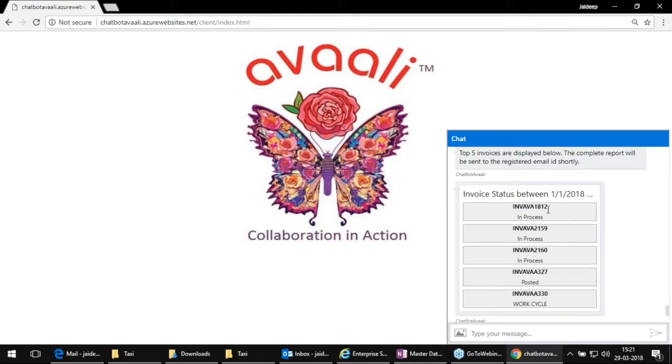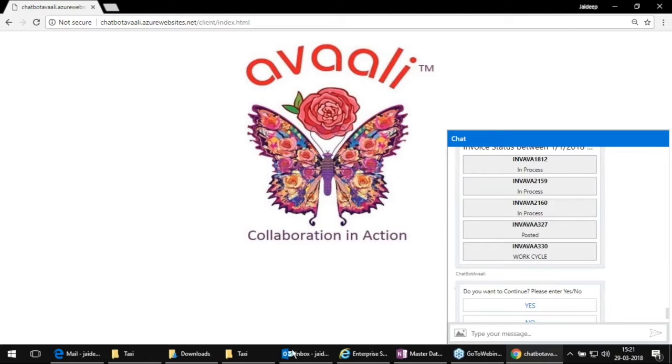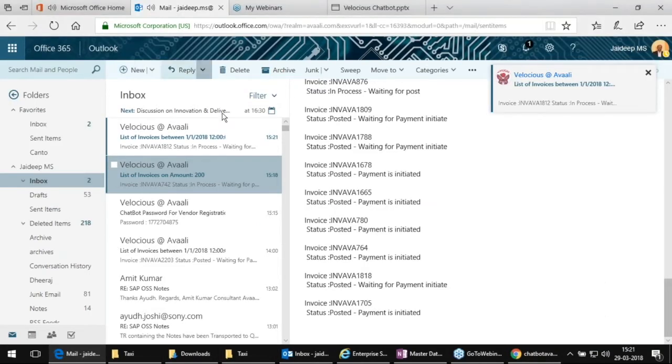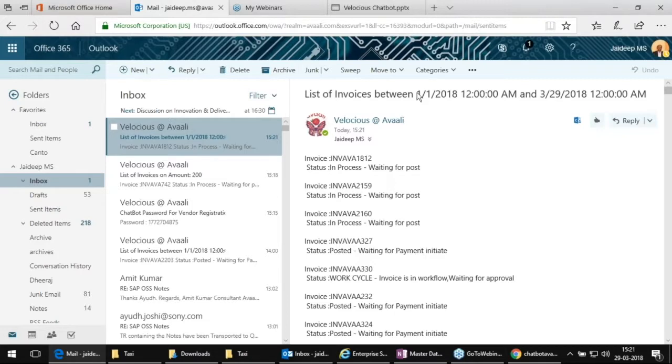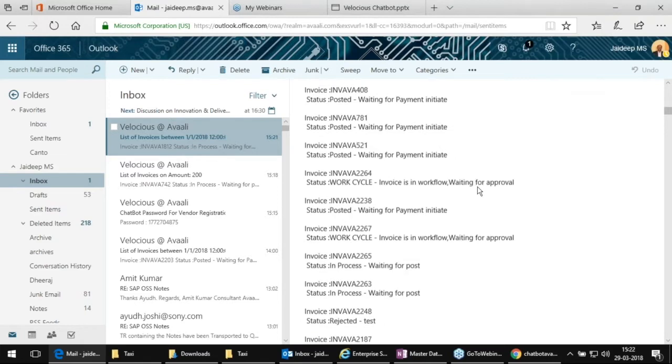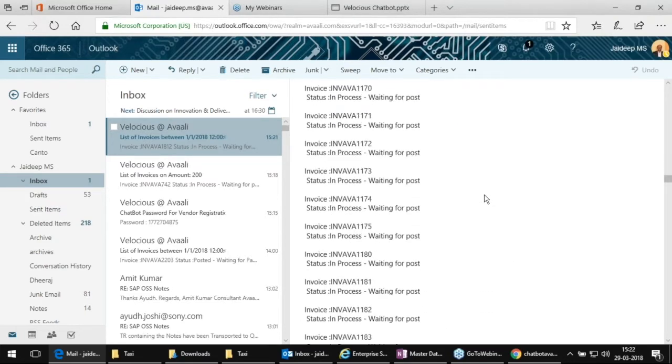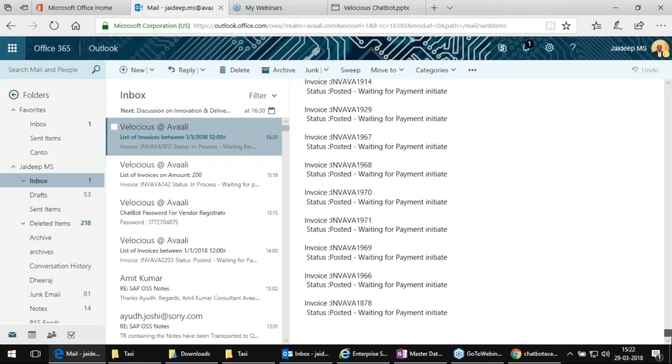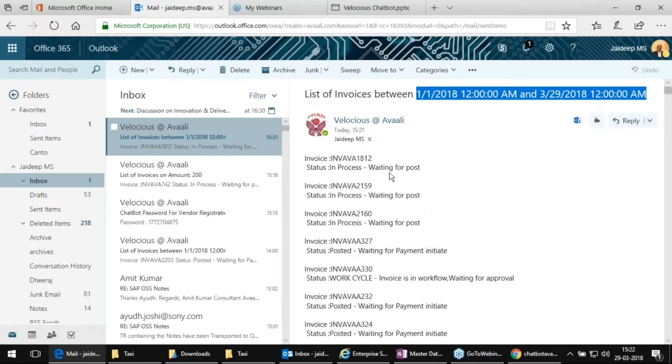As I said, there's a limitation that we've enabled just to ensure that this doesn't scroll up and give you all the information in a heap. So we've listed about 5 invoices here, and the rest would actually be emailed to you, which I just demonstrated earlier. I think the email is here, so let's just quickly go and check. It's saying invoices between 1/1/2018 and 29/3/2018, between 12 a.m. and 12 a.m. and between the date ranges. So I've got so many invoices, right? It's listing all the invoices that I have associated with my vendor number in the SAP system and bringing them to my email.